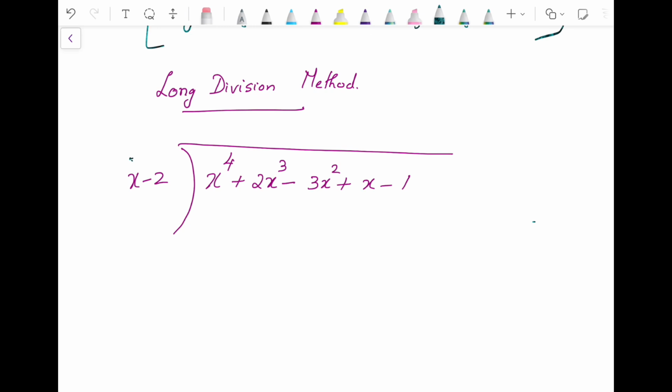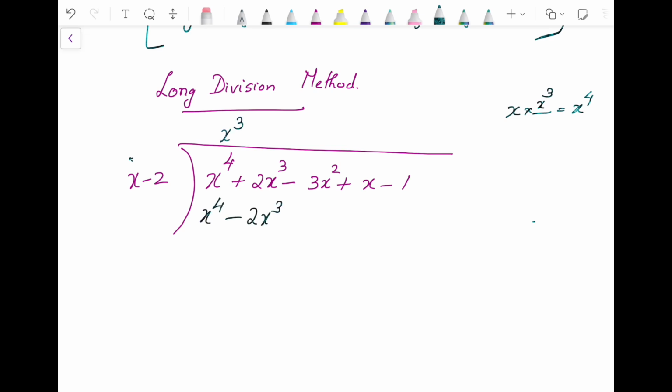Okay, we will continue. So, first we will try to eliminate the first terms, that is what we have to do. So, x into something is equal to x to the power of 4. On the side you can write it down and check. All the first terms you have to keep on eliminating, that is how you do the division. So, x into x cube, you will get x to the power of 4. So, x cube